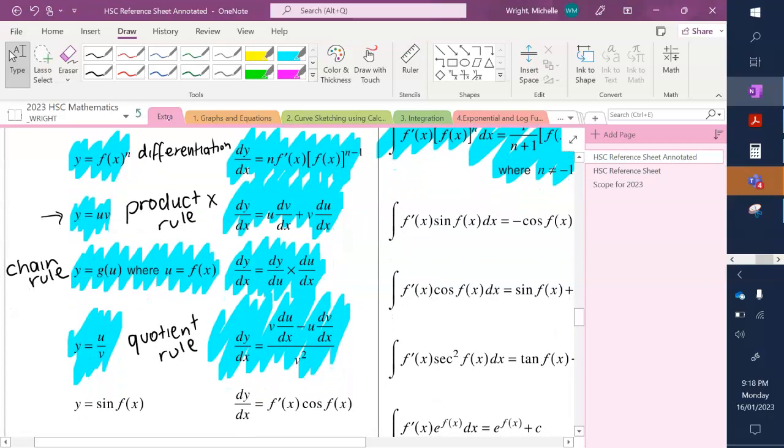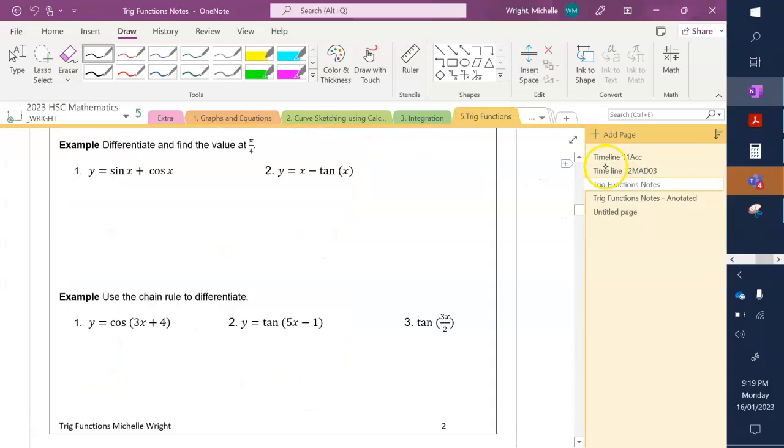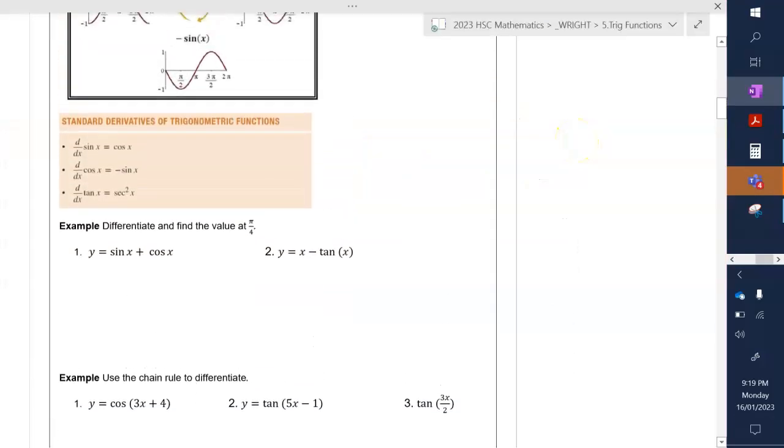And then when we look at the next question, it'll look at the quotient rule. The quotient rule, quotient means to divide. So there are functions that are divided. This was the one that was particularly done quite badly in our last assessment task. So you don't need to memorize it. You've got it given to you. So don't make the mistake of getting that